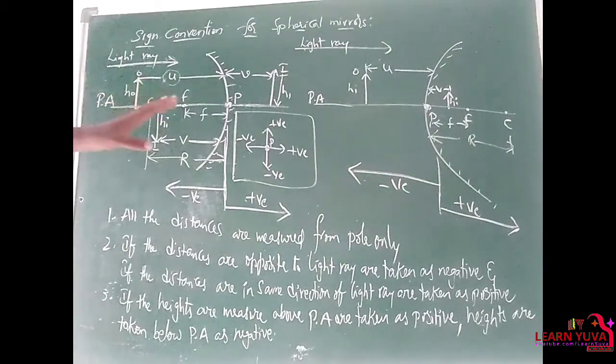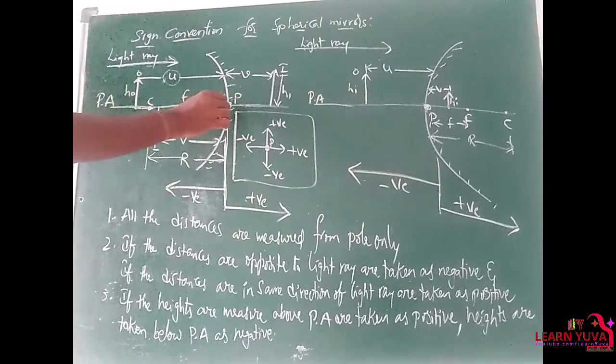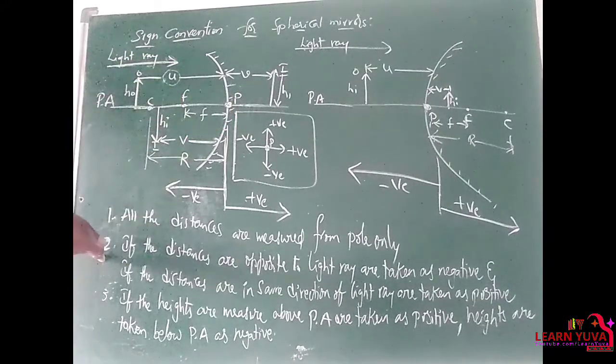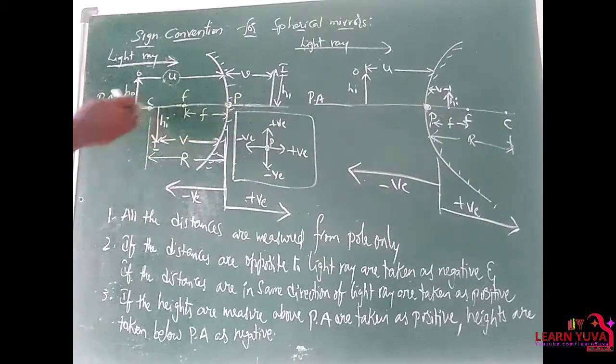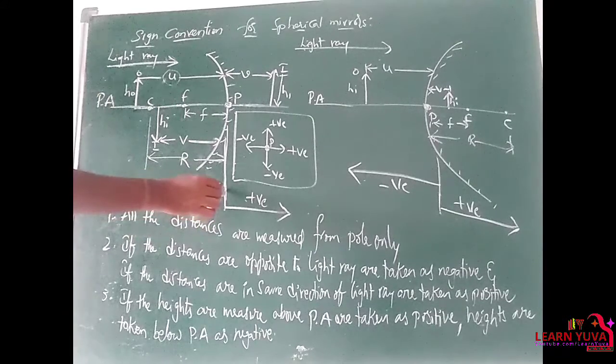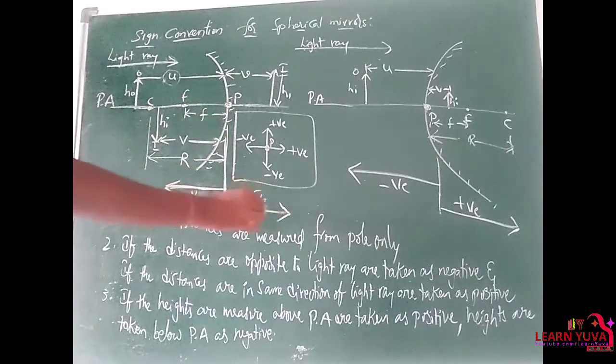You can check it out in the given table previously for concave mirrors. First one is u. U is negative. Why is u negative? Because we are measuring the distance from pole to the object. Since we are measuring opposite to the direction of the light ray according to rule 2, u is taken as negative. And v is also negative for real images, I said. So v is negative because we have to measure from pole only. By first rule we are measuring, so we are going towards left hand side. If the distance is traveling towards the left hand side, that is negative from pole. If the distance is traveling towards the right hand side, that is positive.